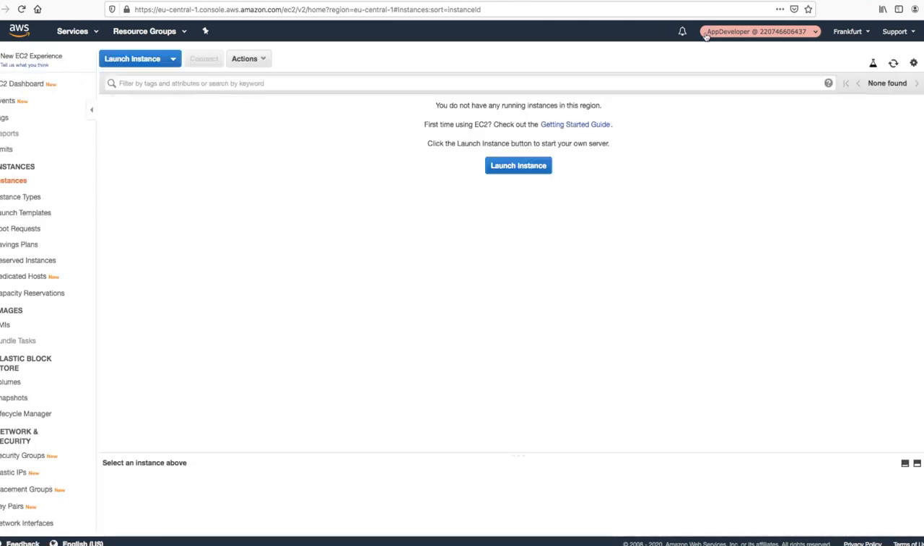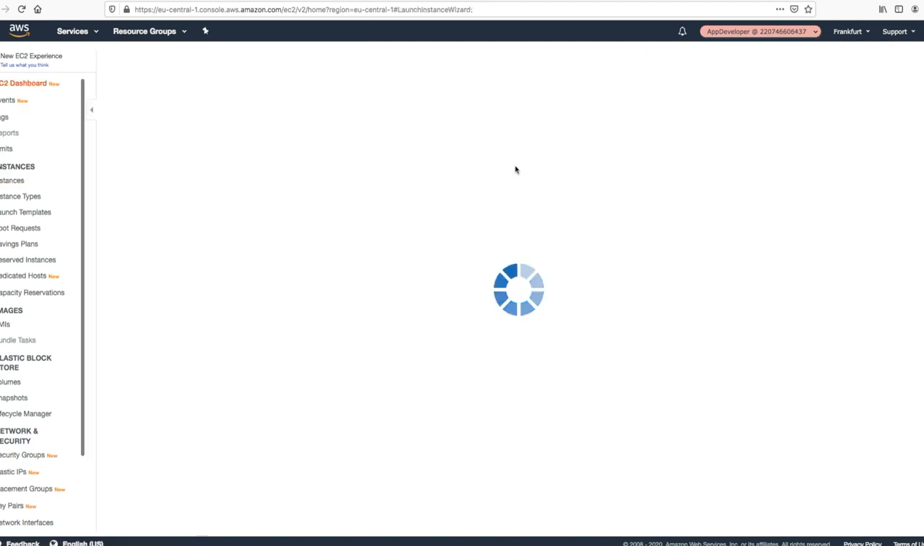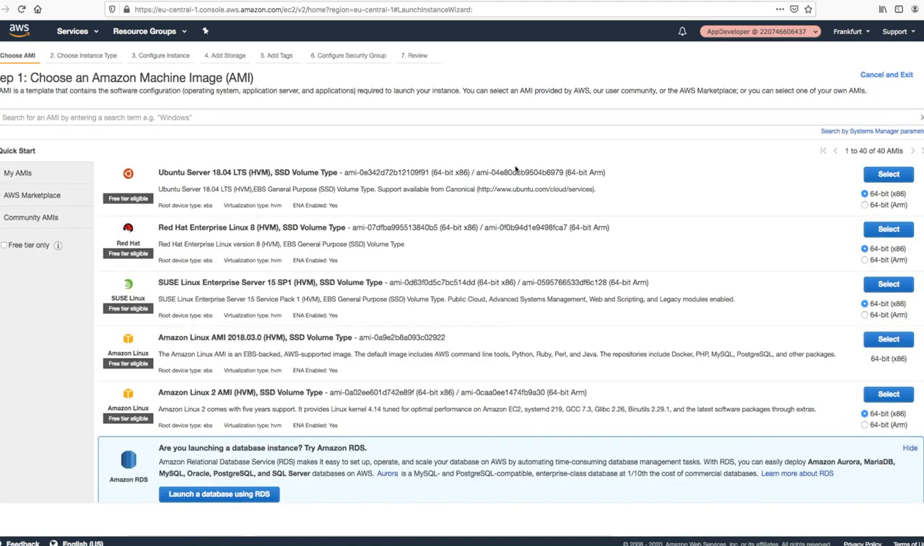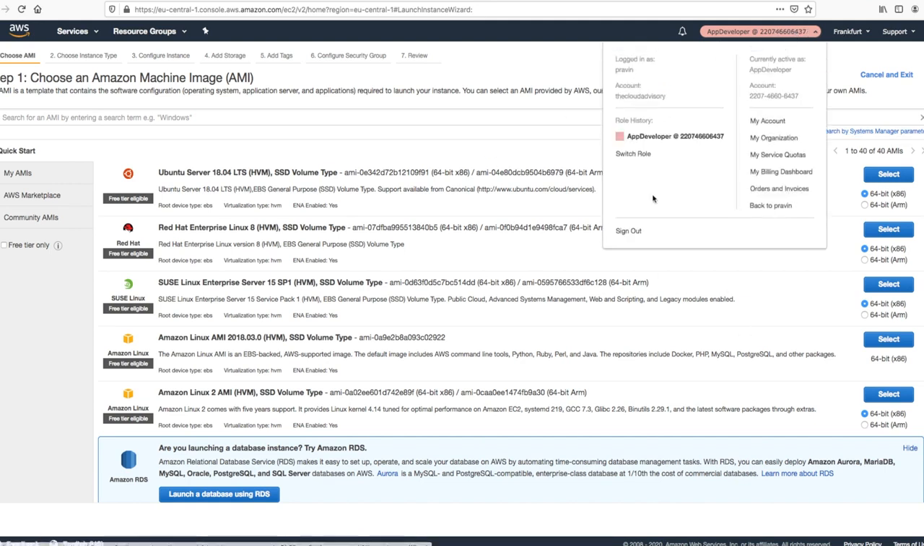Now you see I have logged in to the developer account with the app dev role. Here we can do pretty much what we want, as an administrator, because we have assigned the administrator policy to this role. So now I'm logged in to the developer account with the app developer role. Again, if you want to switch role to the other account,